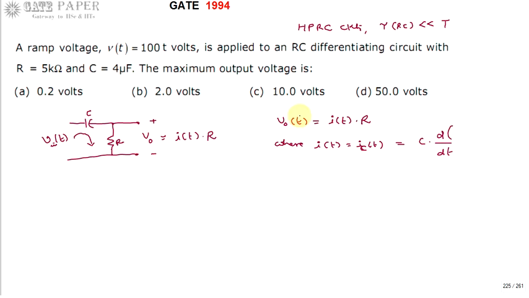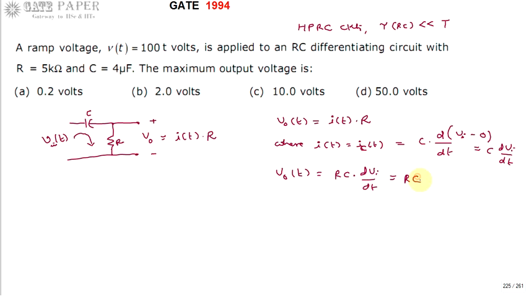Initially the output voltage is 0 at the time of application, so the maximum voltage across the capacitor is Vi minus 0, so you can write it as dVi by dt. So I of t can be written as IC of t, which is the current flowing through the capacitor. How much voltage you are applying, that is Vi minus 0. So Vi is the voltage you are applying, so C into dV by dt you can write. Now V0 of t will become C into dV by dt into R, which I can write as RC into dVi by dt.